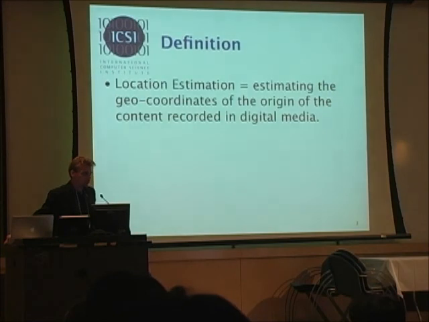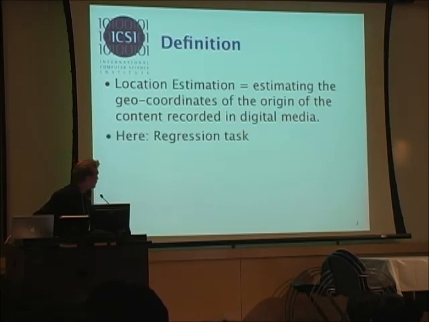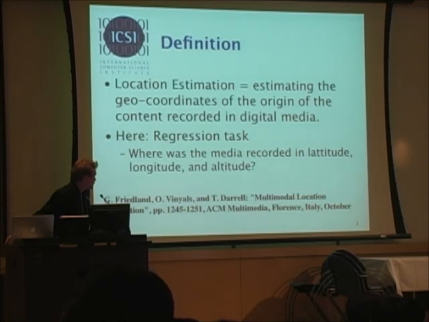Of course, there's all kinds of localization techniques, like for robots and so on. What we are talking about is, given a video, the computer should tell you where the video has been recorded. Of course, you could embed geotags, and then it's easy, but we talk about not having geotags embedded. We're talking about a regression. So again, where was the video recorded: latitude, longitude, and also altitude. I've never seen anybody work with altitude, but here you have that.